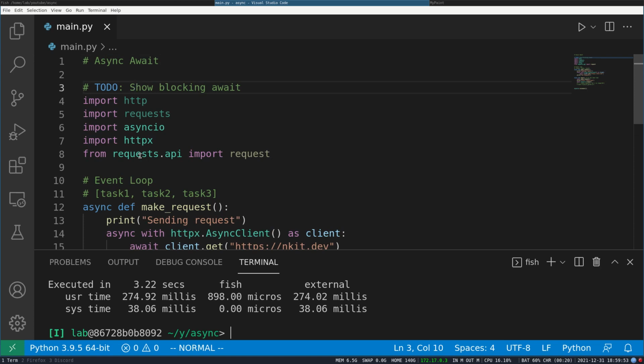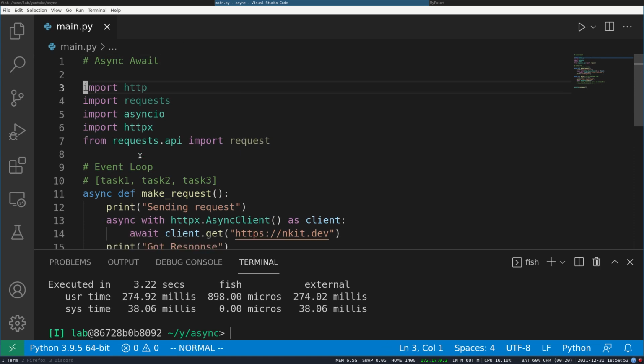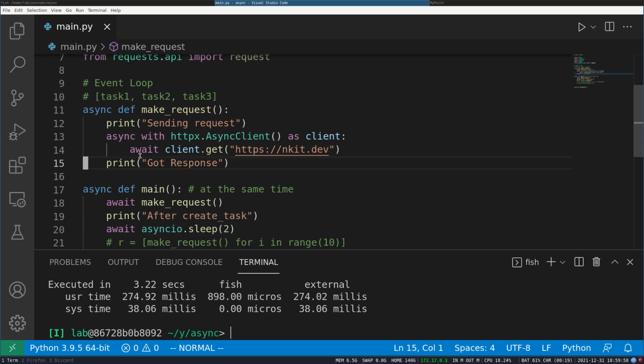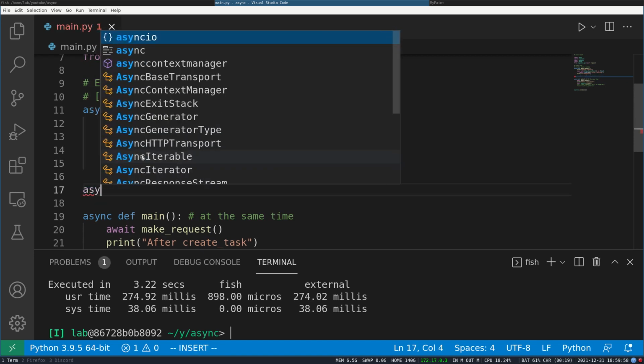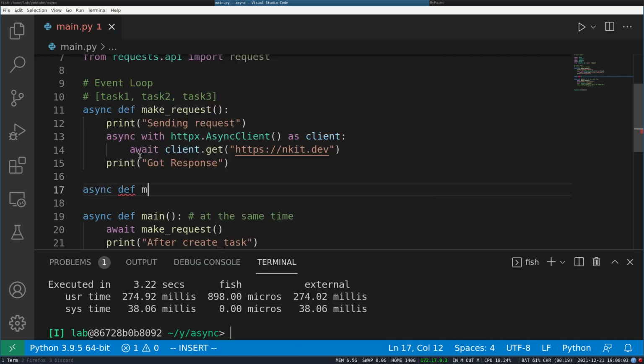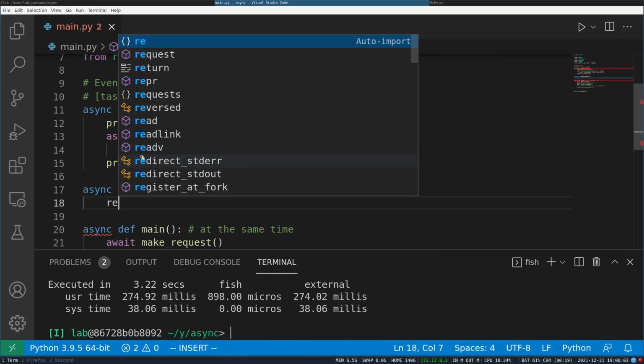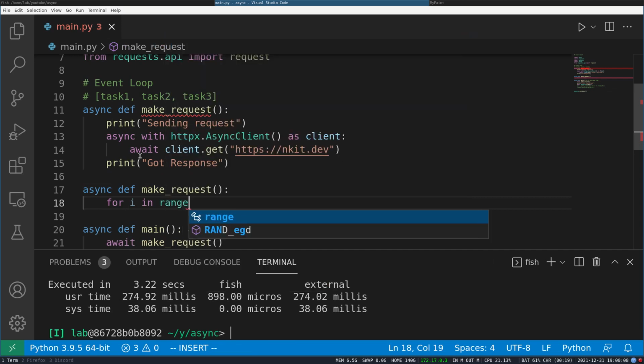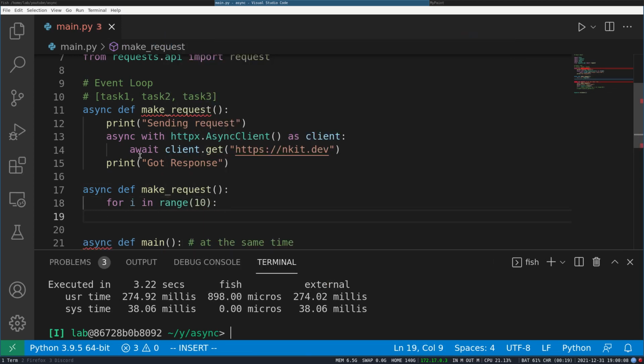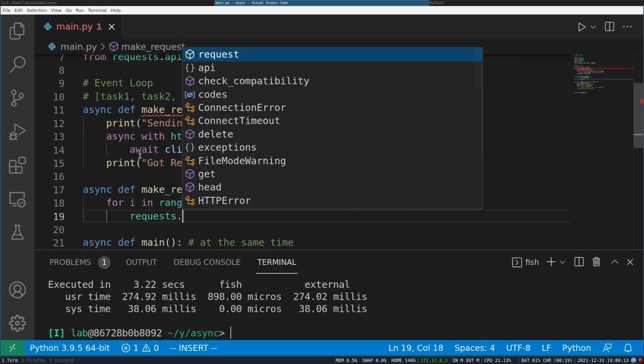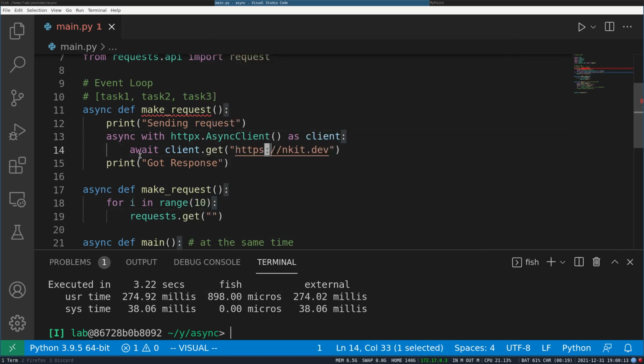Show blocking await. Oh yeah, this is also an important thing. Let's make an async function which actually blocks everything, so it doesn't wait for anything, it doesn't free Python. We'll make requests 10 times, but using our regular requests library. In this function we are not using await or anything, so Python will never get freed.